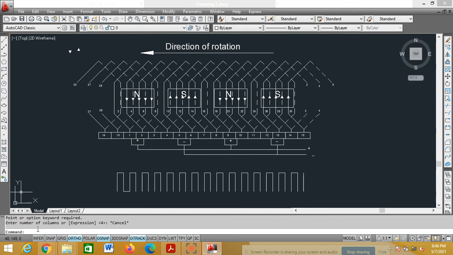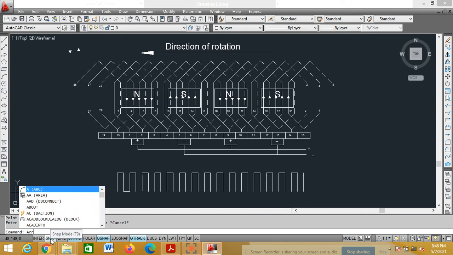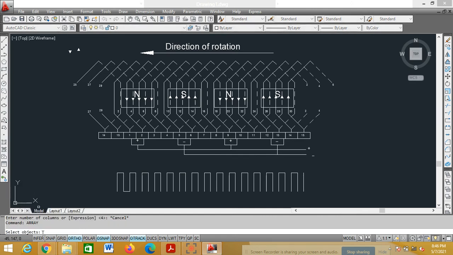We'll undo this again. I'll do the array command. Array, select objects, press enter, rectangular, R enter, count C enter, number of rows 1 enter, number of columns 15 enter, spacing S enter, spacing is 2, 2 enter. Okay, we got it.